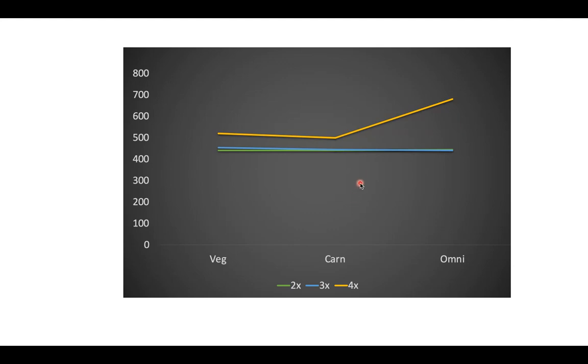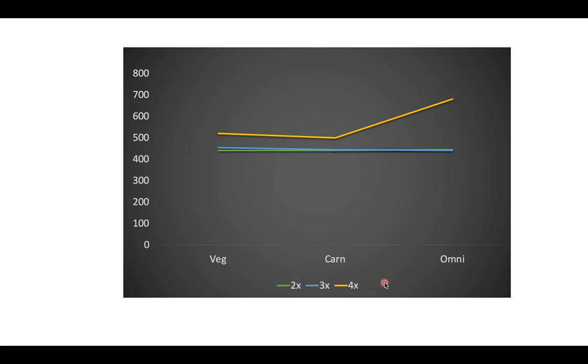So remember, in an interaction, what we're looking for is a change in slope, and we can see one pretty dramatically for our 4 times trainers, but only when they're in the omnivore condition, right? All the slopes are basically the same everywhere else around this effect, right? All the slopes are the same except for the slope created by these omnivores, right? This is a dramatic interaction. So what this tells us is that the effect of diet depends upon